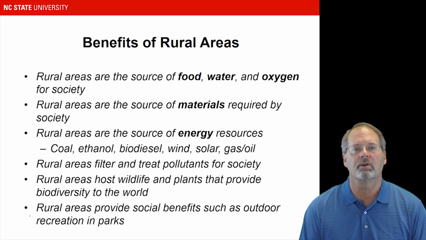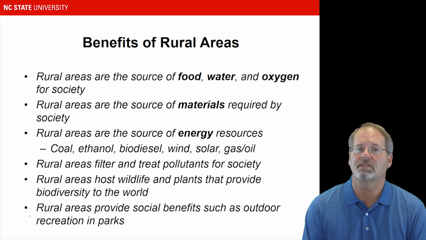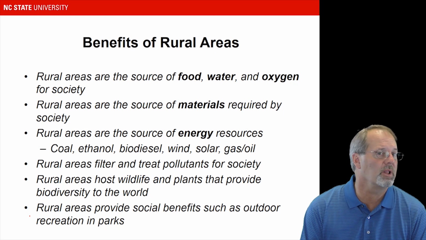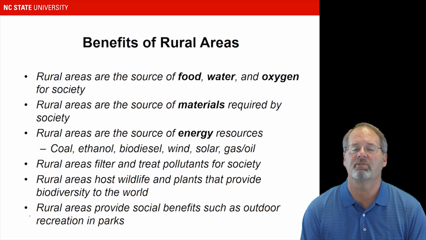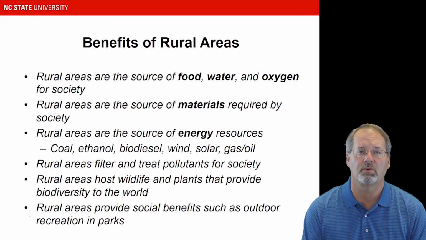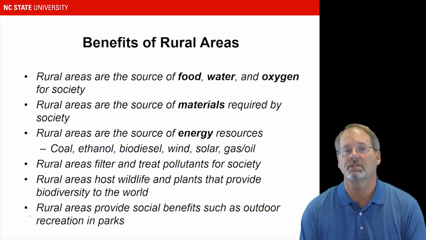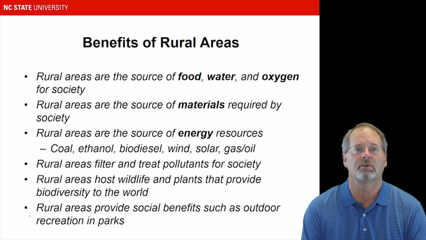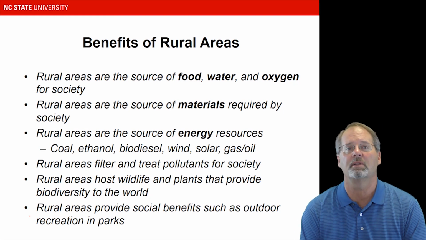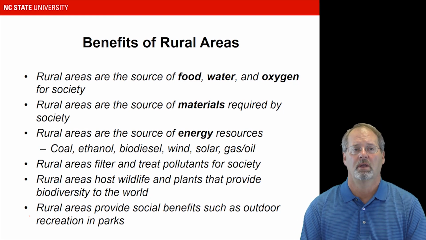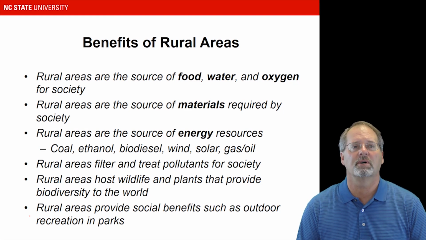When we think about rural areas, where there's not a lot of population, we think about those areas as providing us food from crops that we plant and naturally harvested food. It provides us water because a lot of the rainfall falls on the rural areas. Obviously, it's 97% of our land. And then oxygen. Oxygen is supplied by rural areas in the form of plants that take in carbon dioxide and emit oxygen, which is a very important thing. So really, rural areas are the source of those three extremely important things.